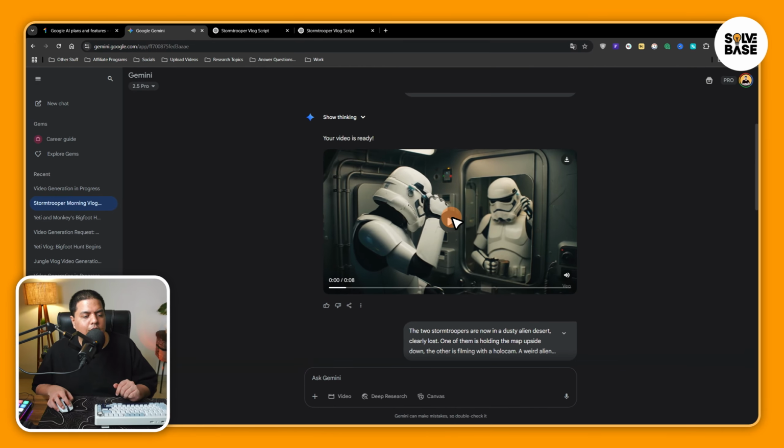And you can see it looks really nice, right? At first I thought this was a glitch in the video, but no, that's not the case. You see a mirror here, and the mirror just goes away, and we see the Stormtrooper 2